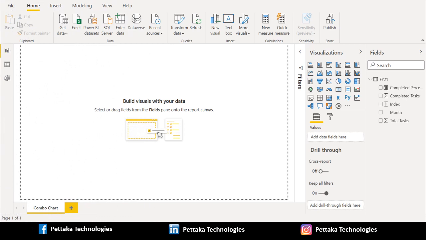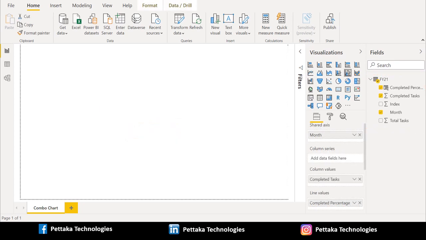Now in Power BI, we can see our source data on the right-hand side under the Fields section. We have selected combo chart from visualization section and we dragged month column data from source and placed it in shared axis section, dragged completed task from source data and placed it in columns values, and dragged completed percentage from source and placed it in line values.